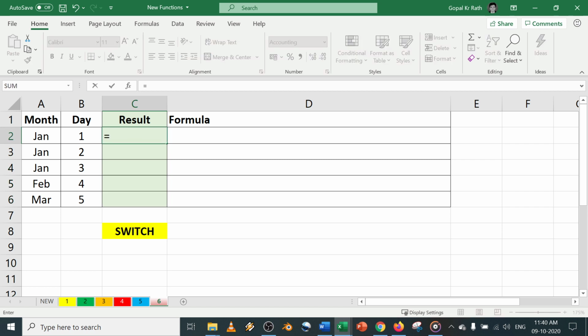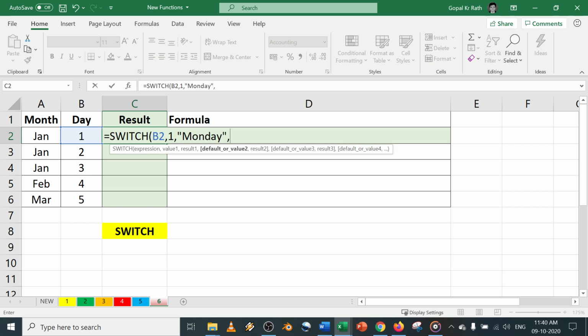For example, equal to SWITCH, your expression, comma, if it is 1, convert that to Monday, or you can mention it as day 1, whatever you want.